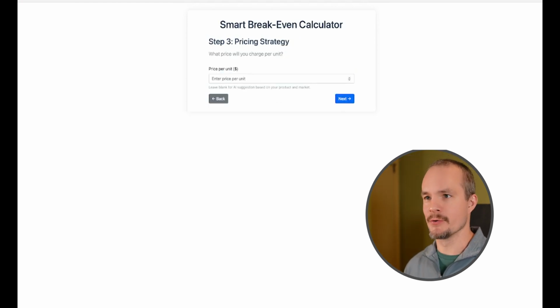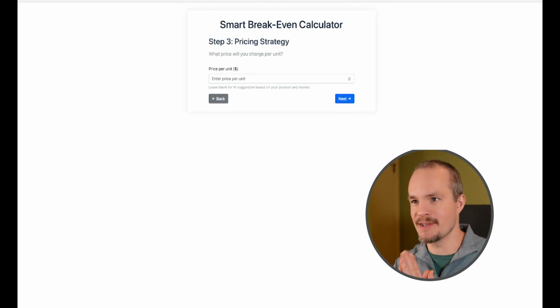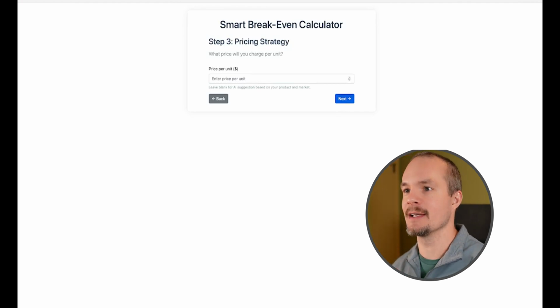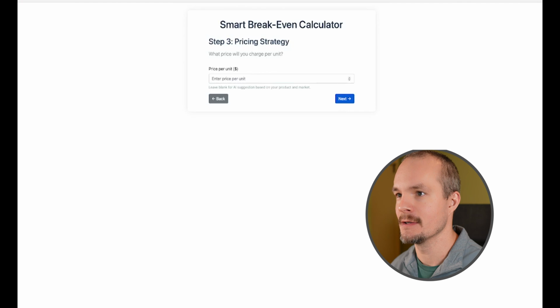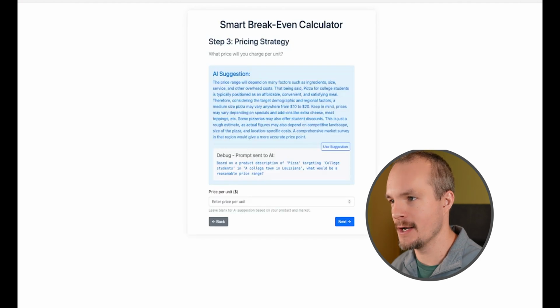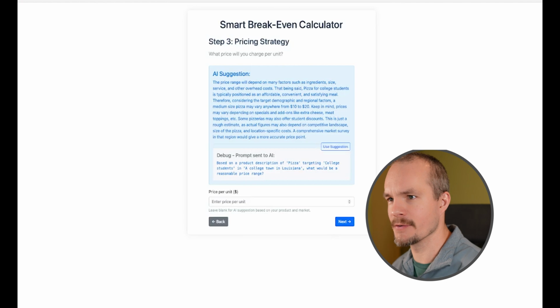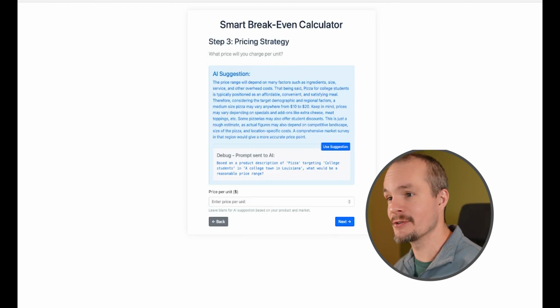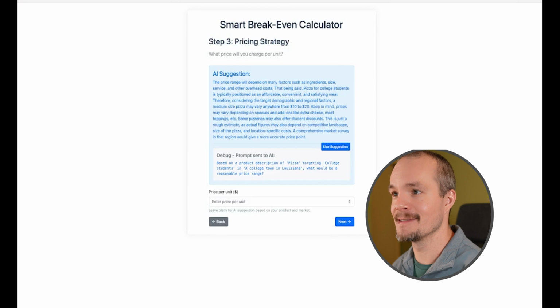All right, moment of truth. We're on step 3. This is the first step where we have the opportunity to generate an AI suggestion. So we'll click next. Okay, right here we have use suggestion. So let's click it and see what happens. Well, first let's read through this. So $10 to $20, awesome. So hopefully it extracts a number that is between $10 and $20,